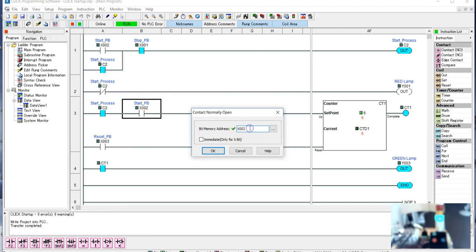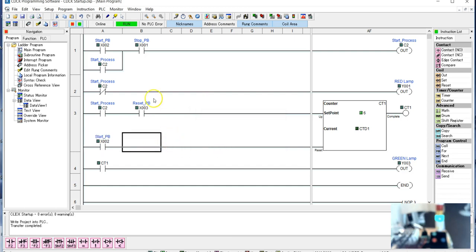So I'm going to make this X003, which is my reset, and then I'm going to make this X002, which will be my start. It's going to look counterintuitive having my start going into reset and my reset being the counter,